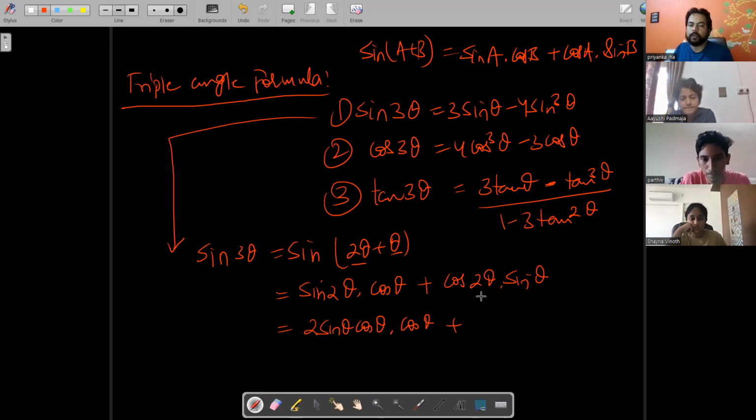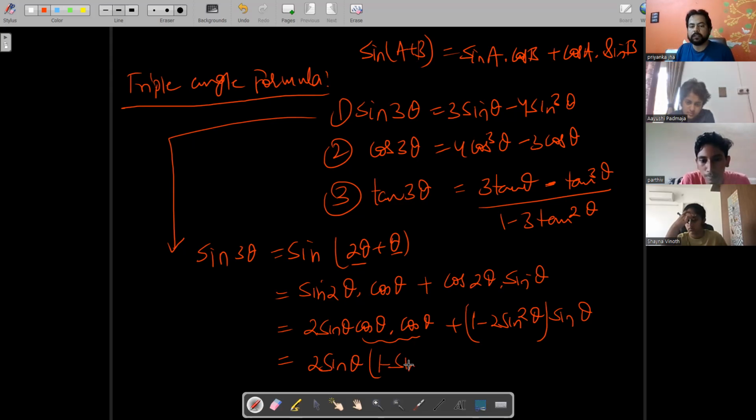And you also know cos 2 theta. What is that? 1 minus 2 sin square theta into sin theta. See, this is 2 sin theta and this is cos square theta. You can use the identity sin square theta plus cos square theta is 1. So cos square theta will be 1 minus sin square theta, plus 1 minus 2 sin square theta and sin